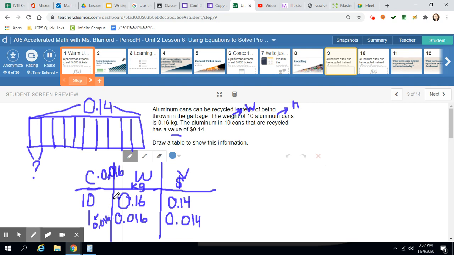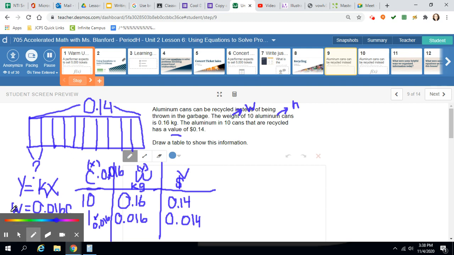All right, so since I know that's the COP, I know I can follow this y equals k times x form, right? Remember this? So I'm saying that this is in the y place, right? So we're going to say that this is like the y, even though it's a w, and this is in the same place that our x normally is, even though it's a c. So I know that w, the weight of these cans, so the weight equals 0.016 times the number of cans, C,